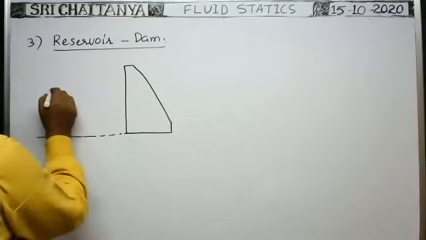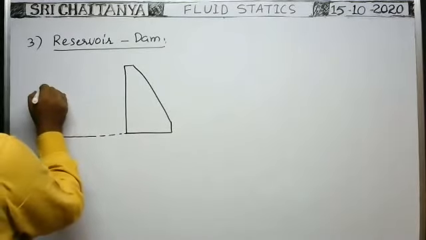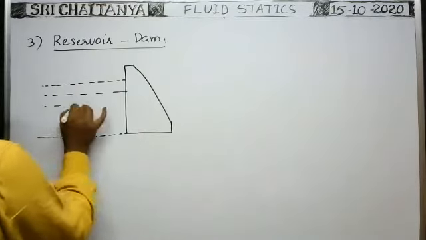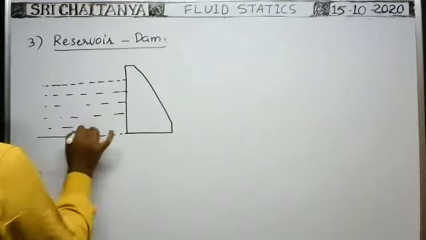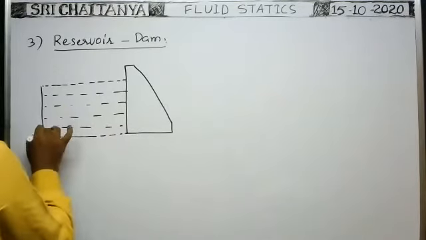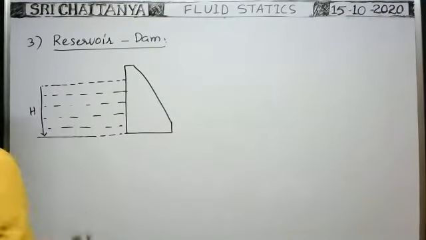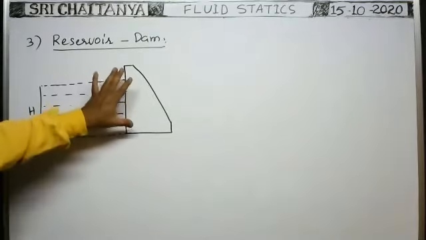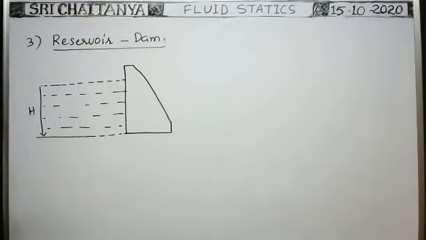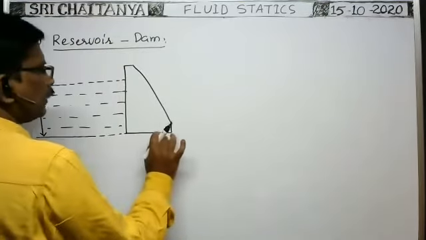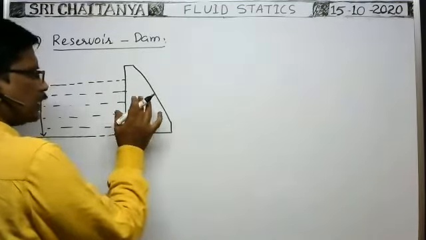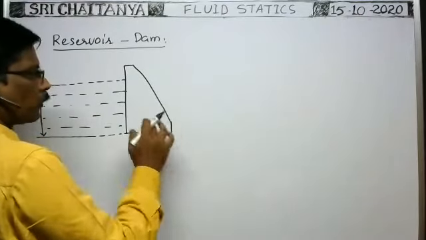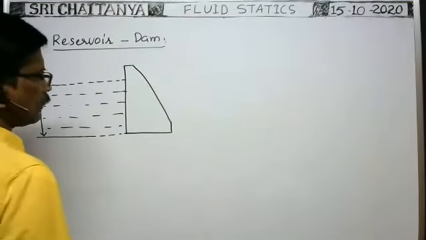Suppose here in the river, the water is up to a certain depth. It is the surface of the water. So the water is at a depth capital H, say. In the reservoir, the water is at a depth capital H, and the dam is having somewhat more height. Here it is the base of the dam. Generally, while constructing dams, the base of the dam will be more. What is the reason? We will discuss.